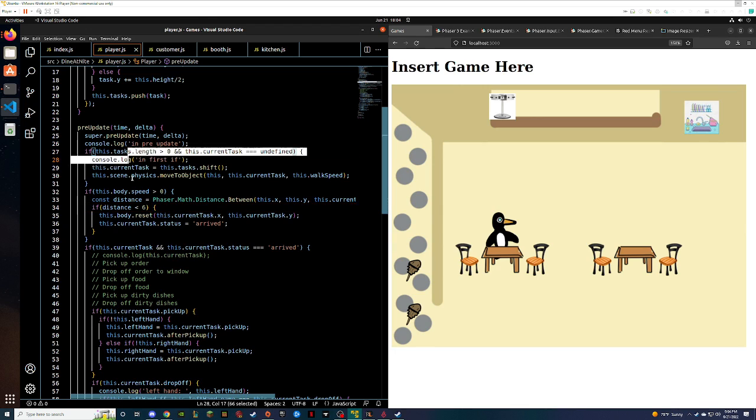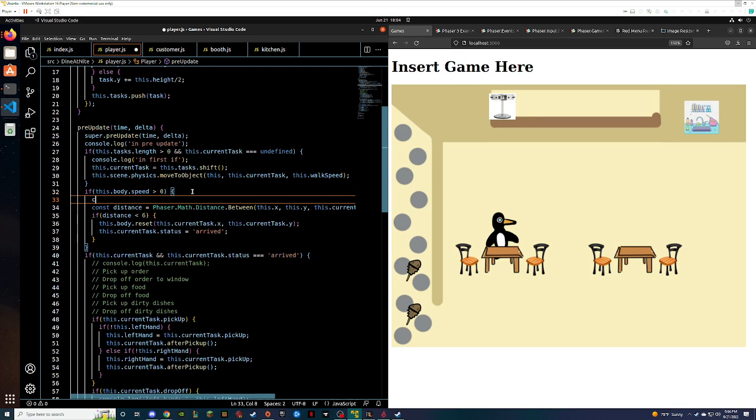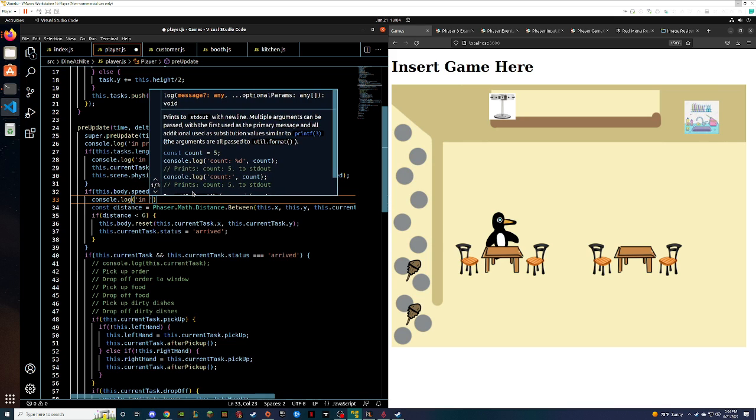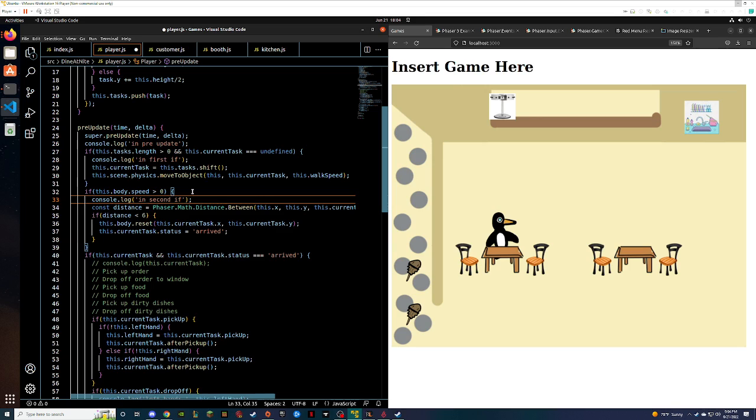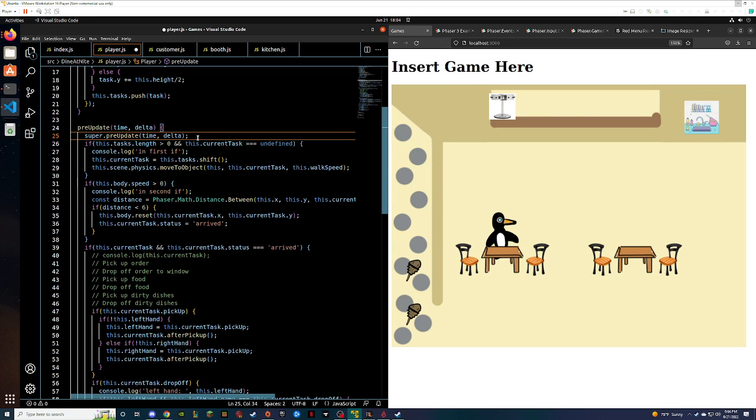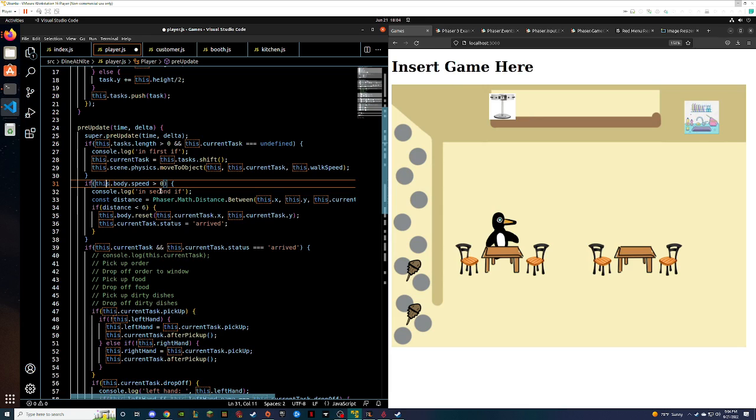I want to know when this stuff is being called. While looking at stuff on the internet is great to figure out code, you should also understand it. So I kind of understand it, but I don't fully understand it. From what I remember, where I took it from, this is if the player's moving, which doesn't make a lot of sense to me, but that's okay.